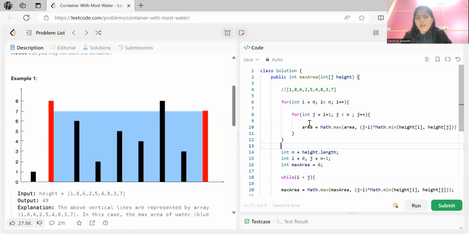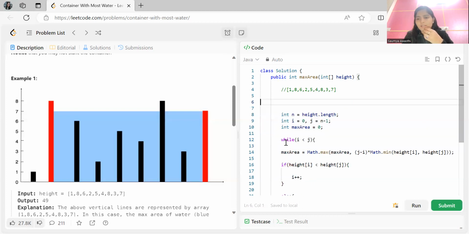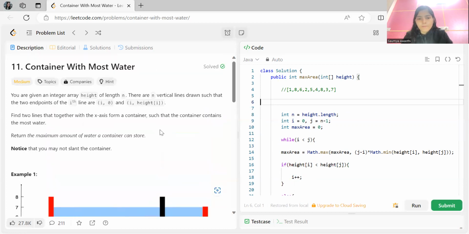So obviously when you're thinking aloud and you're coming up with a solution like that, that is fine. But again, the interviewer would expect some sort of optimization and a better approach than this one. He is not going to be happy with this one approach only, right? Now, one thing to think in a greedy manner here is that at the end our main objective is to get the maximum amount of water a container can store, right? So it depends on two things, height and the width, right?